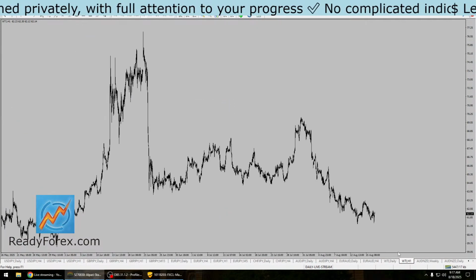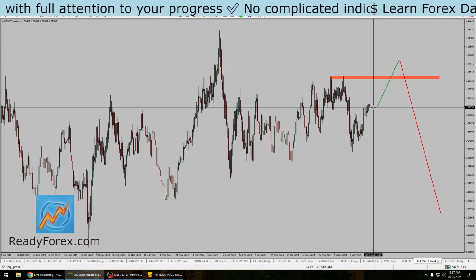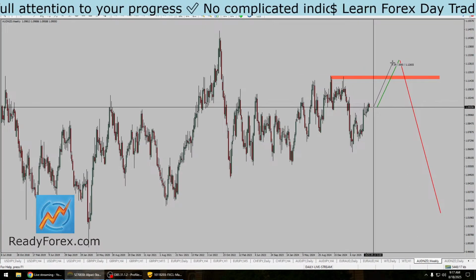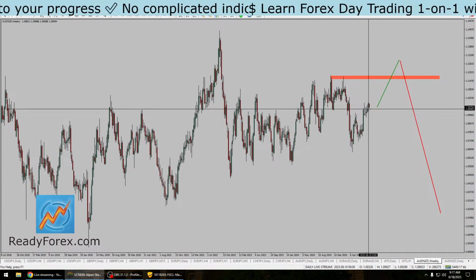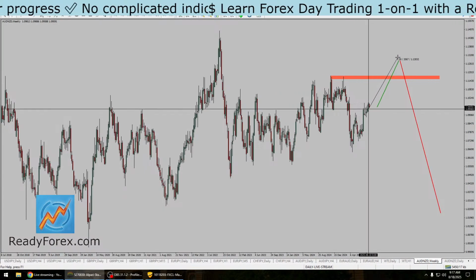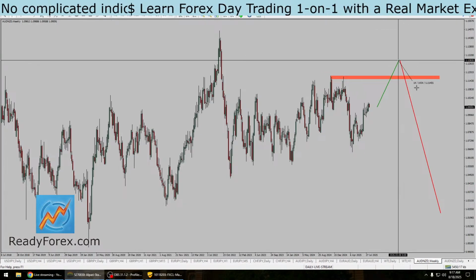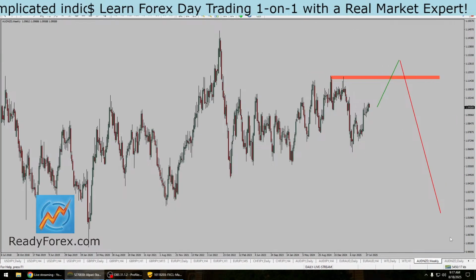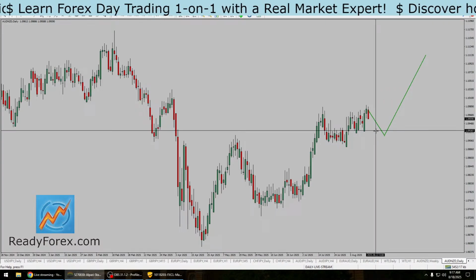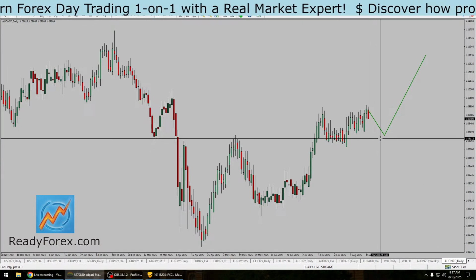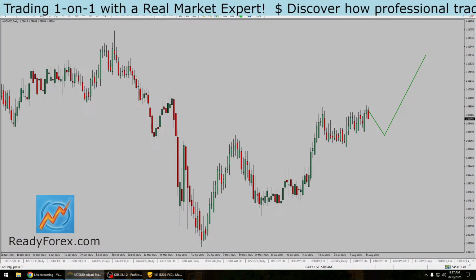Okay. Next one is the AUDNZD. AUDNZD, I expect more upside. I don't think AUDNZD is going to stop over here. Expect a deeper pullback first, and then the market is probably going to print a top over here, then expect a drop in price. That's the long-term chart. On the daily, the market is probably going to drop over here. Okay, let's go back to the